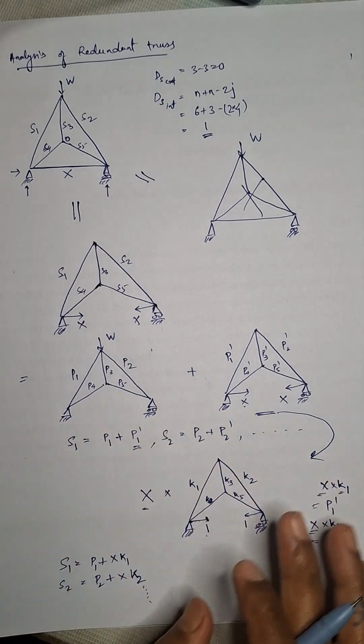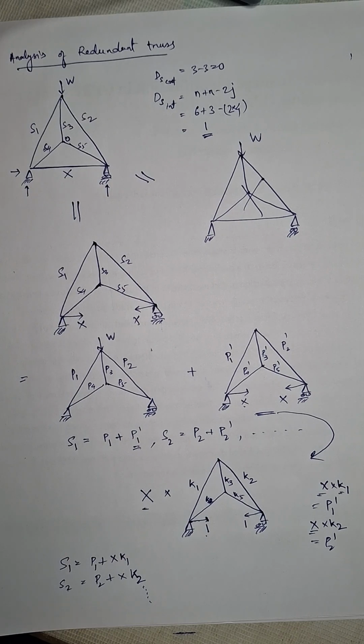After finding out those things, we need to find out X. Then we can find out S1 and S2. Now how to find out X, we will go through that part. Now the total strain energy can be found out by applying the first theorem of Castigliano. What is the total strain energy? As in a truss all are axial members, the total strain energy